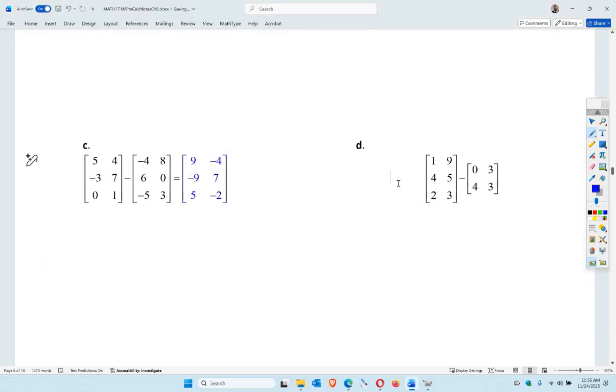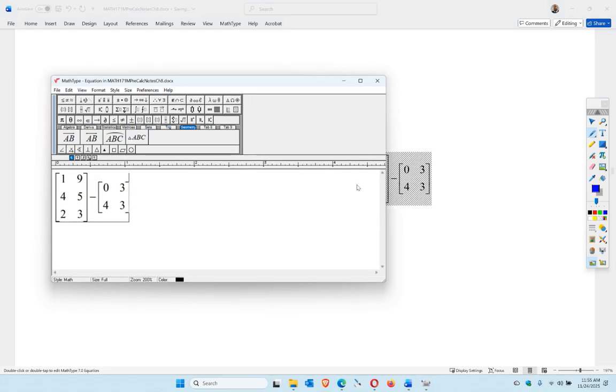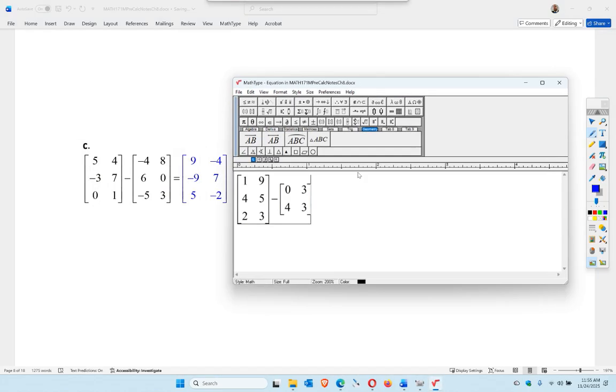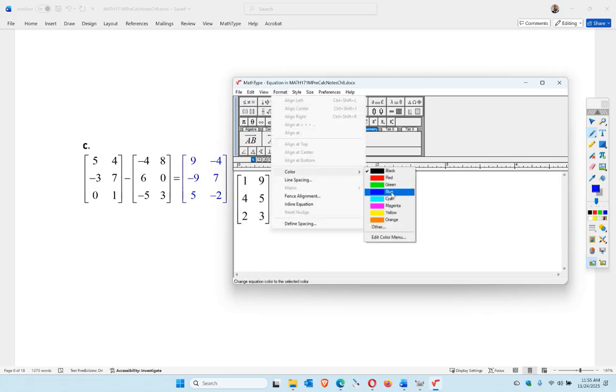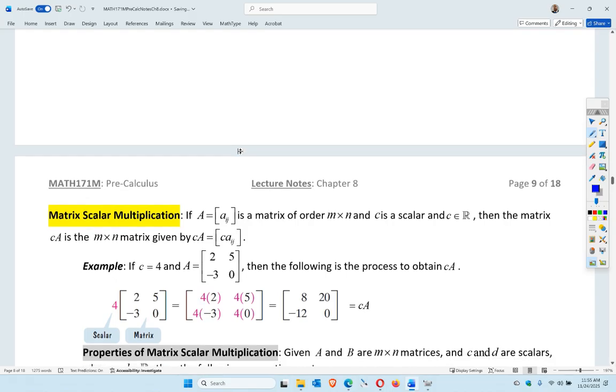Okay, and same thing with subtraction. These are different orders, right? These are in different orders. So this is undefined, right? It's an undefined operation. It can't actually be done as is. Okay,